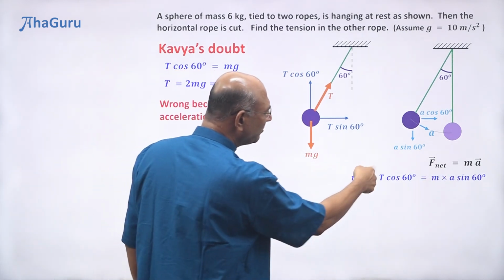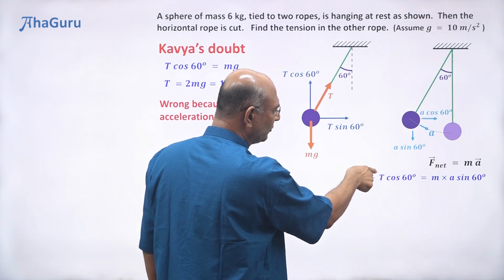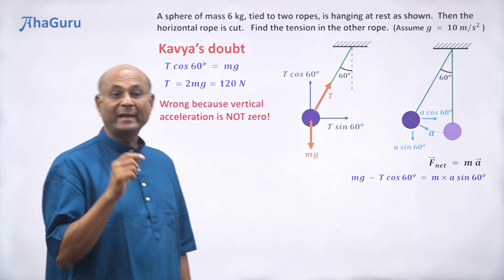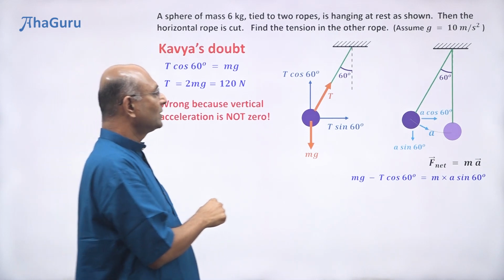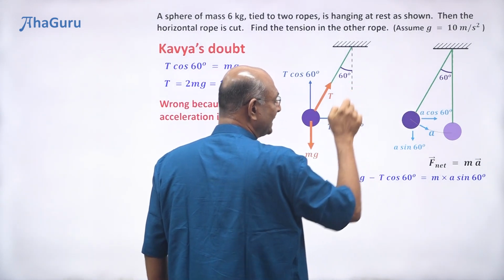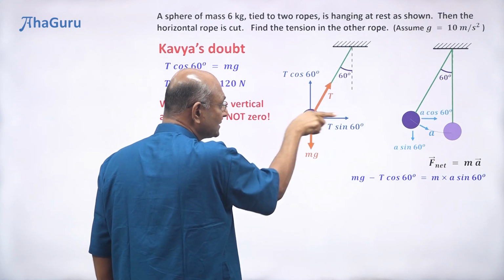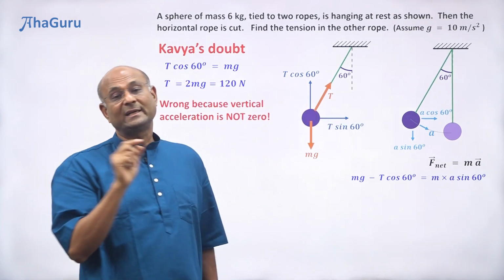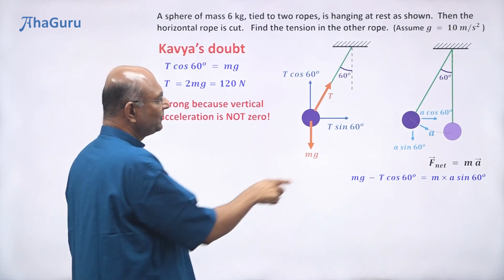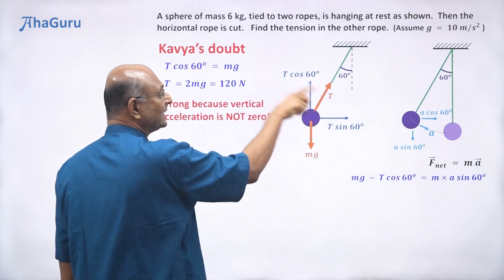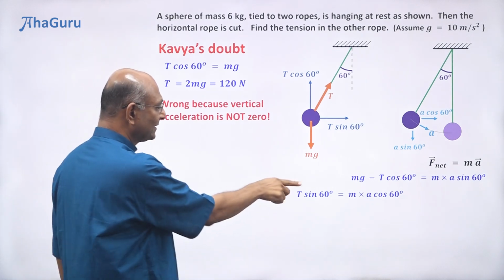Okay, but then how do I go about solving? T is a variable I don't know. M, of course, I know. G, I know. A, I don't know. T, I don't know. I need one more equation. What is the second equation? You know that the acceleration horizontally is A cos 60 degrees and the only force in the horizontal direction is T sin 60 degrees. So if I write Newton's second law for the horizontal direction, I will get T sin 60 degrees,